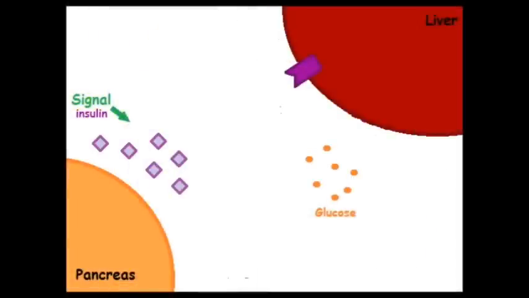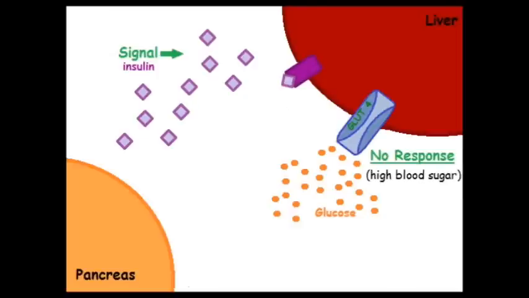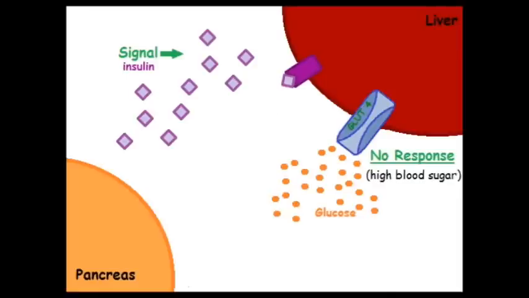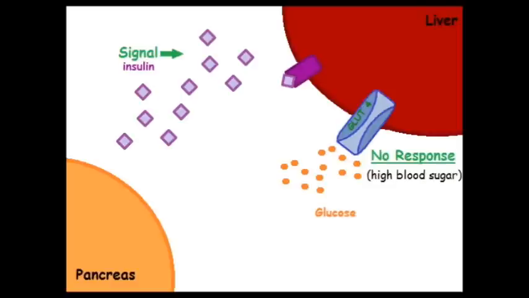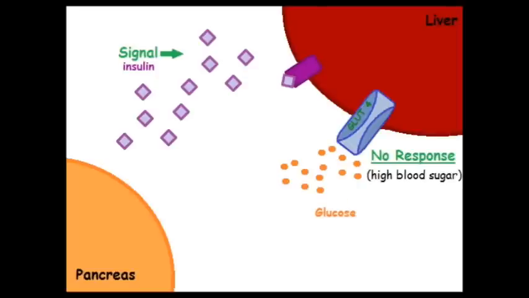Similarly, if blood glucose builds up and remains high, insulin continues to signal the liver to store glucose. But GLUT4 stops responding to the constant presence of the insulin signal. This leaves the leftover glucose waiting in the blood and raises blood sugar levels. This is an example of receptor adaptation and is also a factor of type 2 diabetes.